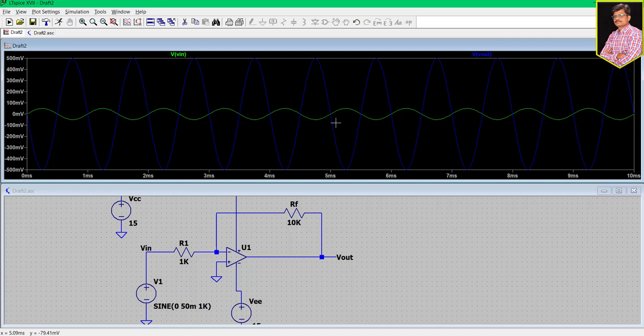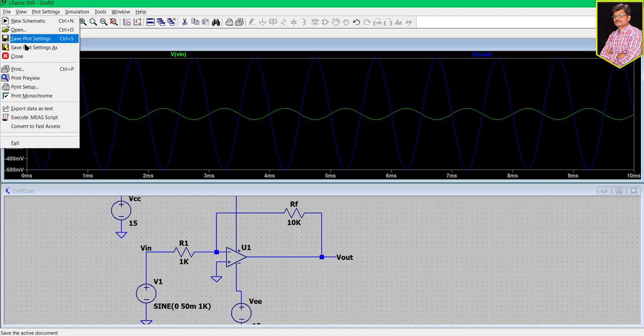And now you can save this project as per the steps that I have shown. Go to file,